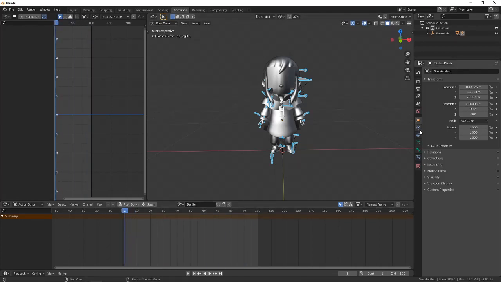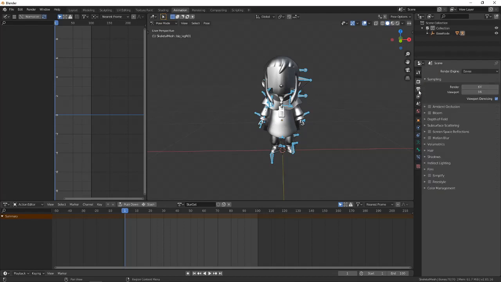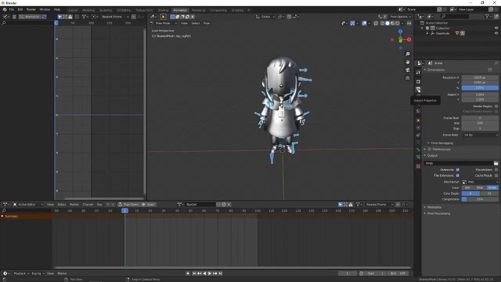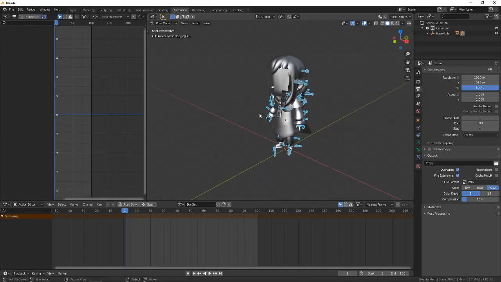For me specifically, most of the time I animate in 30 frames per second. You can change that value by going right here to the output properties. Currently I have it set to 24, but for my future animations I'm probably going to be going to 60 frames per second, just because it's not going to hurt me that much to go to 60. It's just going to improve the quality of the animations mostly. The more frames that you have,